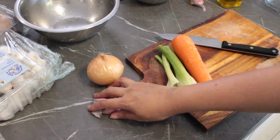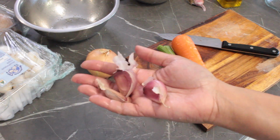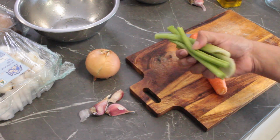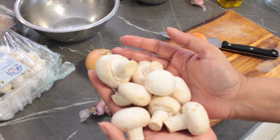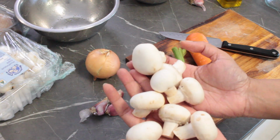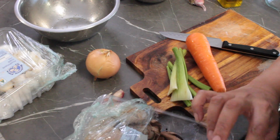On to the next layer of that moussaka. Typically that's lamb, but today we're going to use an assortment of vegetables. I've got 3 cloves of garlic over here. I've got some onion, some celery, and some carrot. I've also got some mushrooms that we're going to throw in. I've got about 8 to 10 cup mushrooms over here, and I'm also going to use about 5 of these